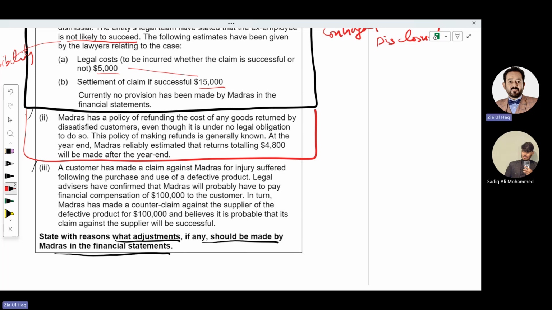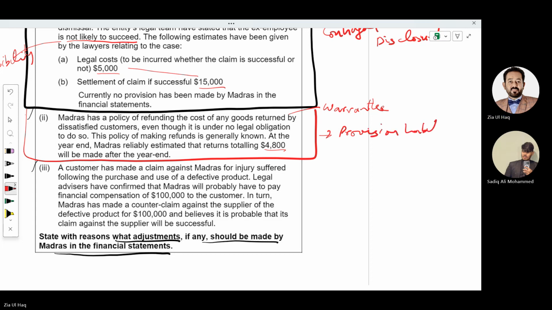So Madras has a policy of refunding the cost of any goods returned by dissatisfied customers, meaning the company is providing a warranty. And if they are providing a warranty, there will be chances of customer warranty claims. Even though it is under no legal obligation to do so, this policy of making refunds is generally known. And at the year end, Madras reliably estimated that returns totaling 4,800 will be made after the year end. So it meets all three conditions of a provision. So there should be a provision,